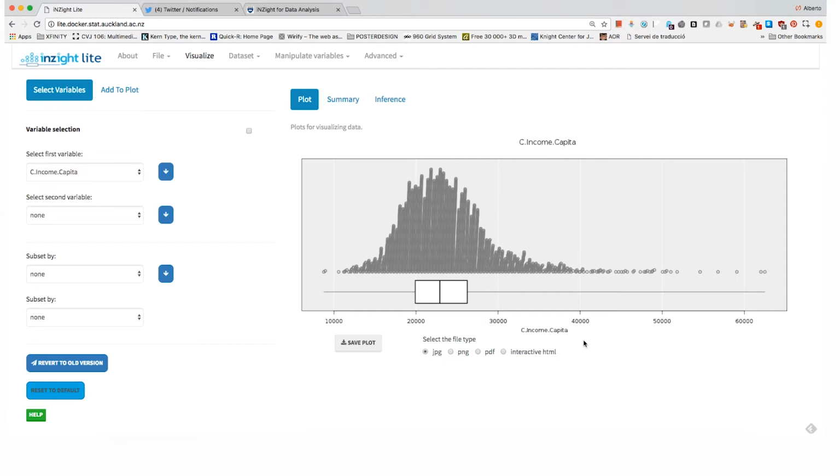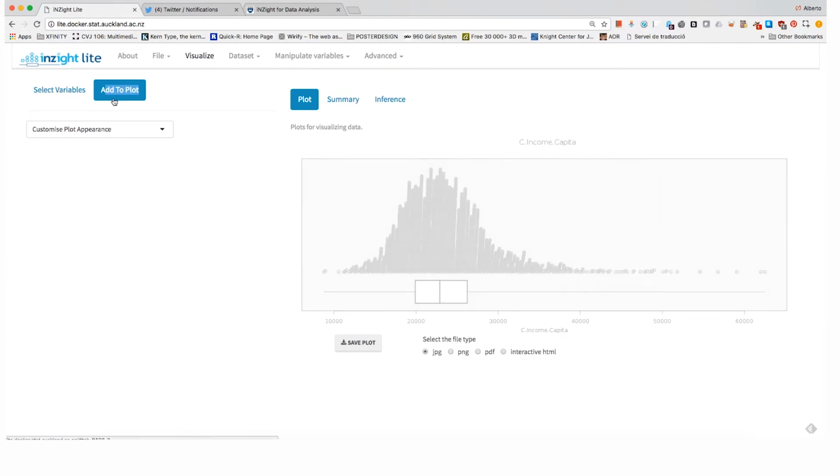But sometimes this kind of chart that Insight generates by default can be a little bit messy in the middle, where you have thousands and thousands of dots overlapping each other. So instead of showing this chart, I am going to switch this to a histogram, which is similar to a bar graph. I'm going to go up here, where it says add to plot. Okay, I'm going to click on add to plot.